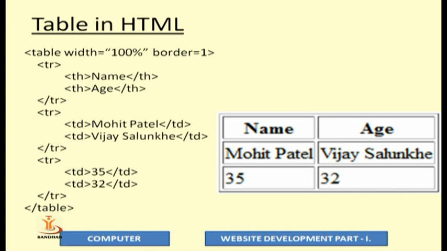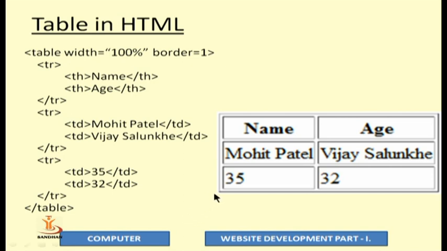Now, moving ahead with our HTML journey, we are going to learn about tables. A table plays an important role when you want things to be presented in your HTML page in a structured form. You want some data, and data is always shown in tabular format. So for tabular format, we use a table. And how can we have a table in HTML? Here you can see one example.